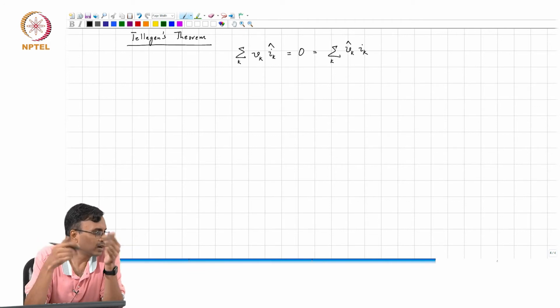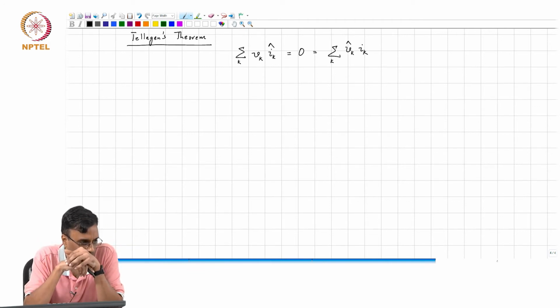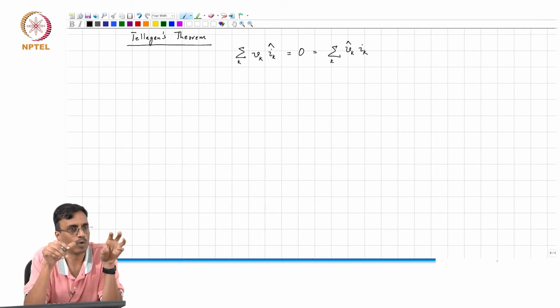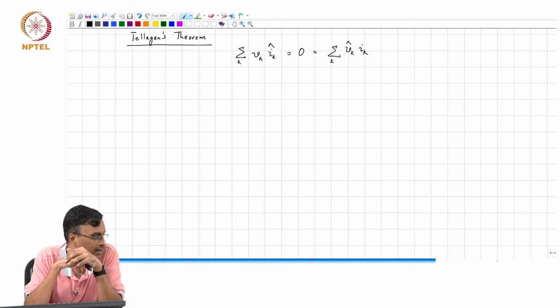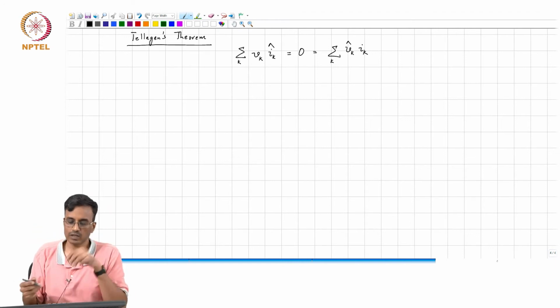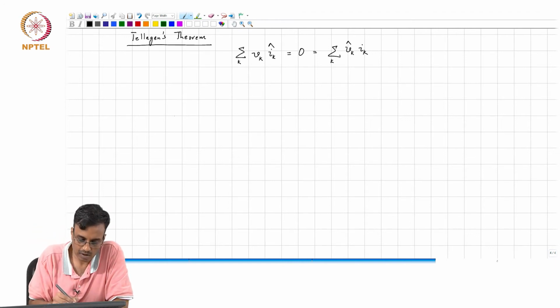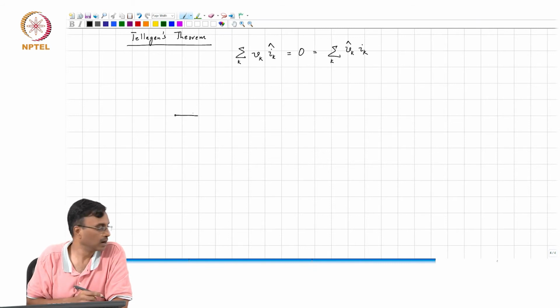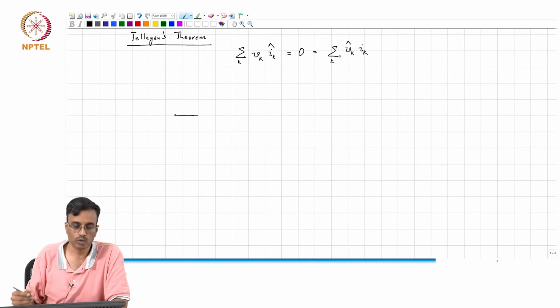We linearize the network and work with small signal equivalents, right? The underlying basis for small signal equivalents is the following. You have some sources, and you change the sources by a small amount, and then you only write KCL and KVL for the incremental quantities, correct? And the basis for that, you can think of it as a principle that we used while deriving Tellegen's theorem.